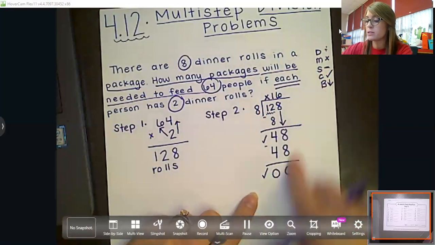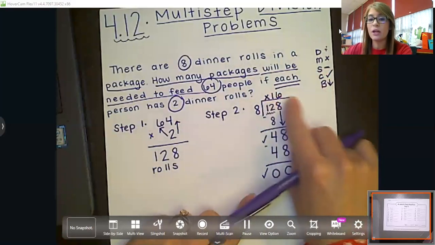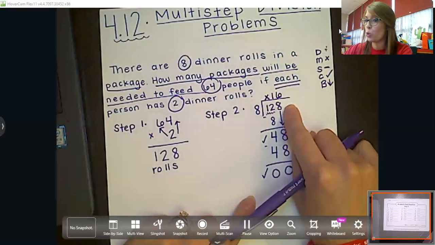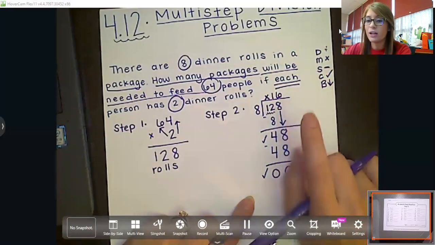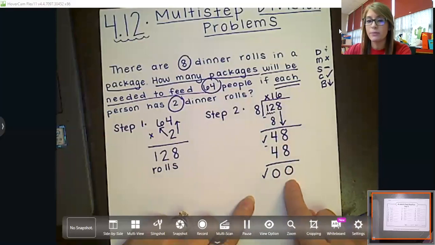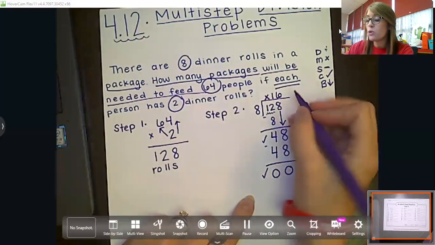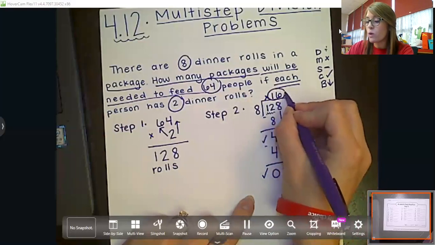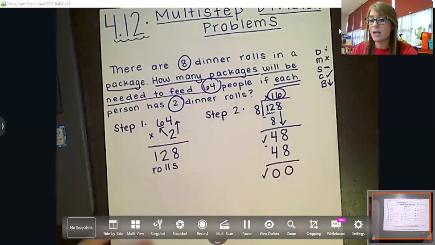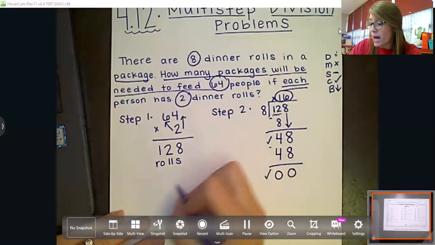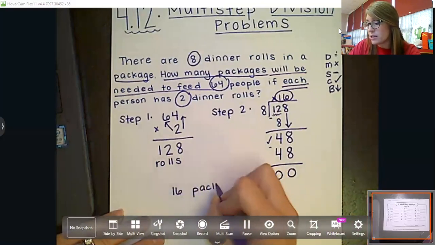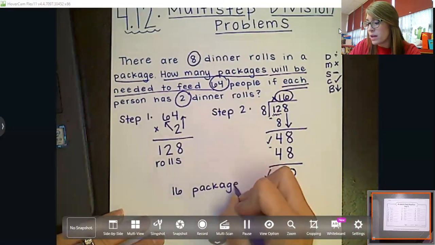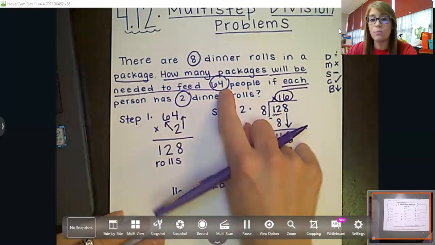And then I'm going to bring down. So I come back up here. Is there anything left to bring down? No, there is not, which means we are done. Very good. Do I have a remainder? No, I do not. So that means that my answer, my quotient, is just 16. So we are going to have to buy 16 packages of rolls if we want to feed 64 people 2